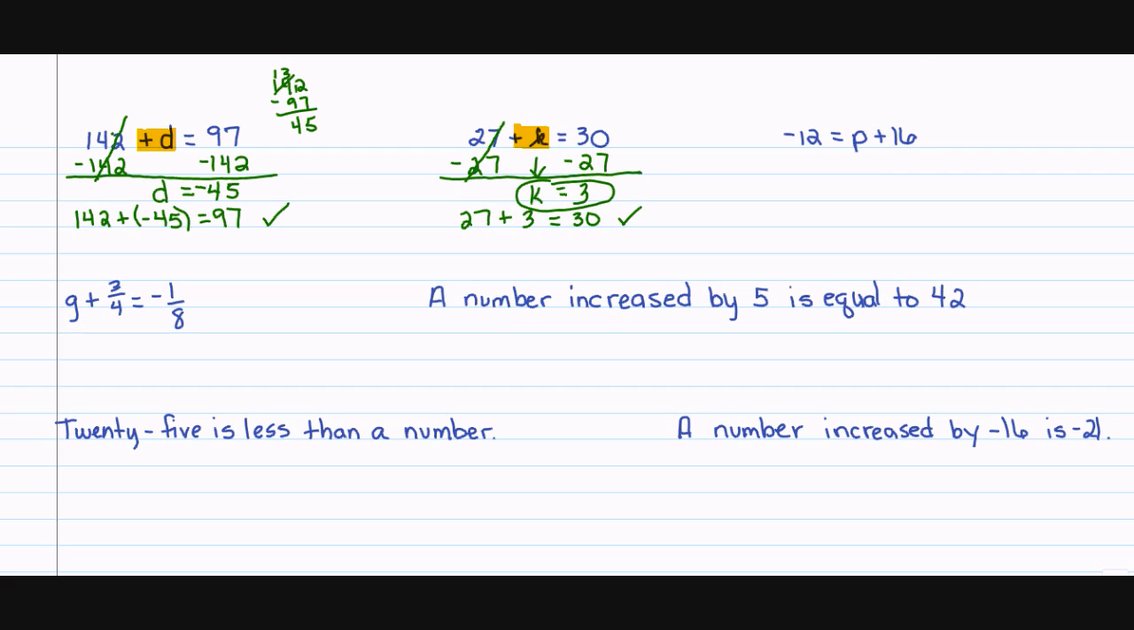Okay, I have my variable p. It's on the same side as the 16, positive 16, so I need to move the 16 over to the other side. The opposite of positive 16 is a negative 16. What I do to one side, I do the other side. That cancels it out, brings down my p,